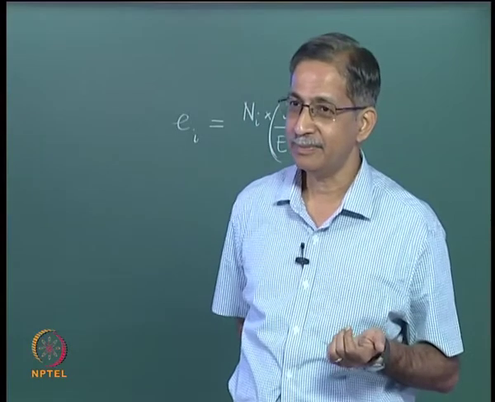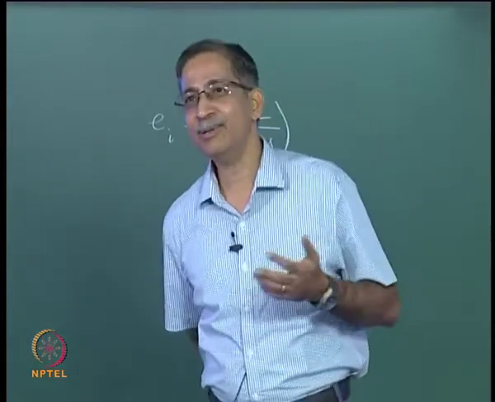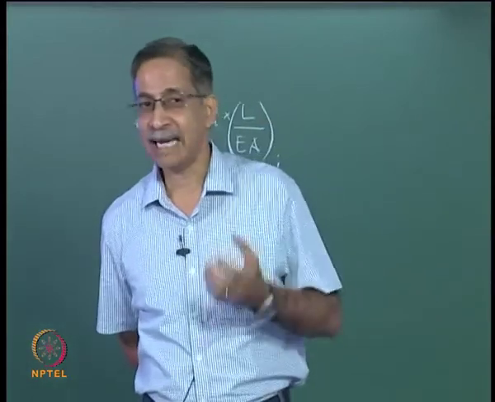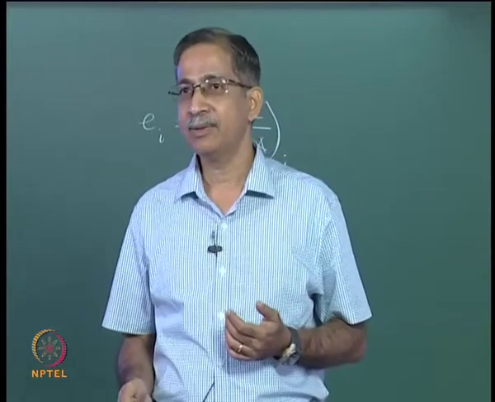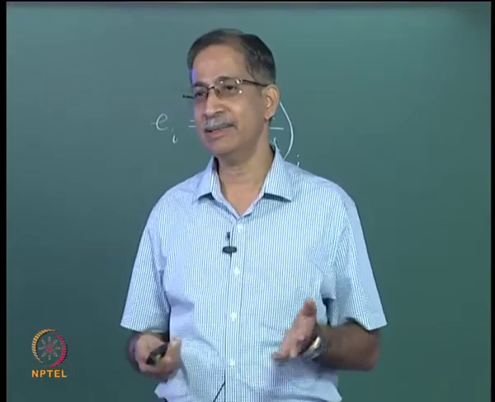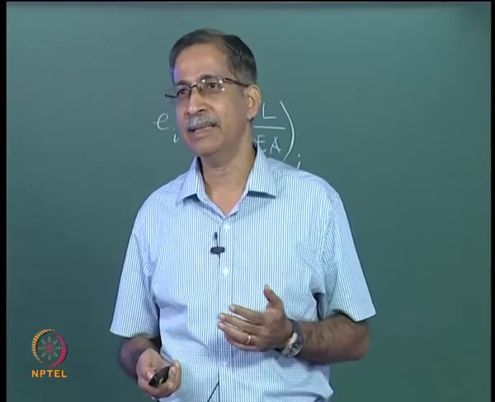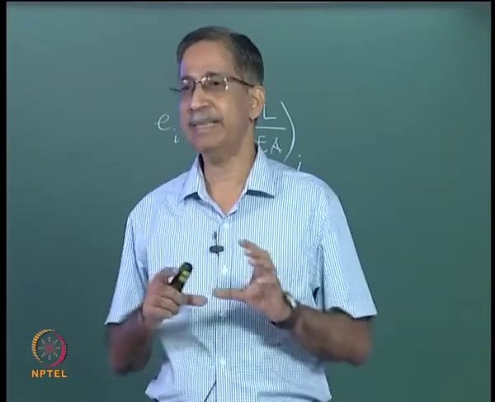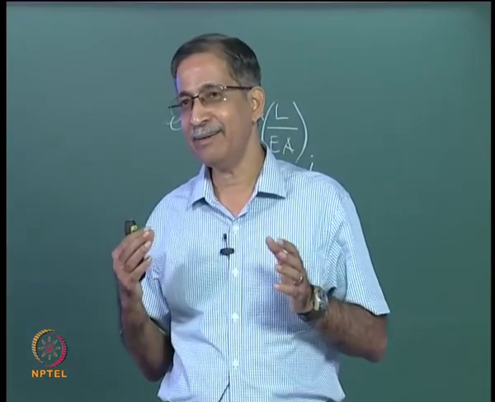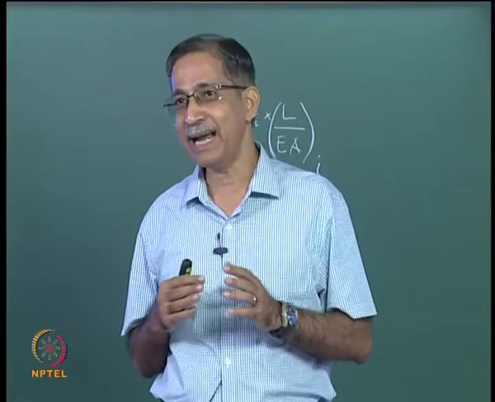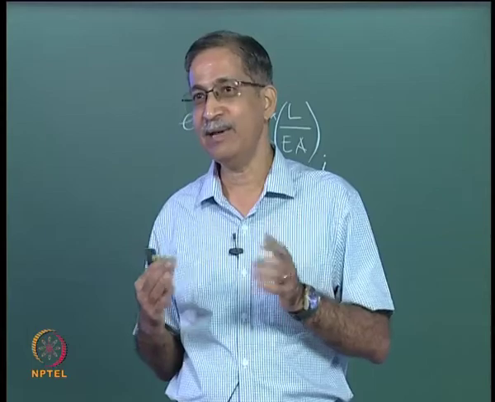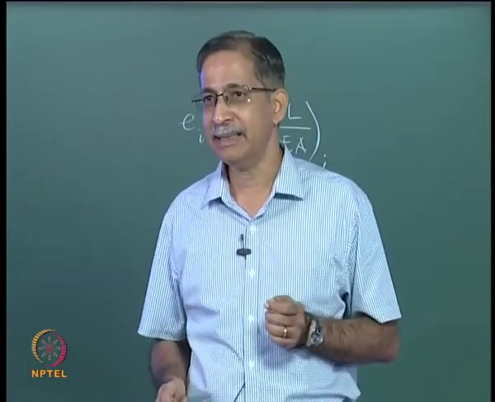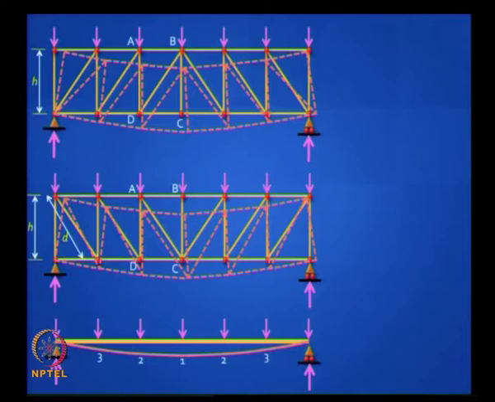Why? Tension. That's right, because then you have problems associated with buckling, the size of the member has to be larger and so on. So these are important points to note. The only difference between the two is the alignment of the diagonals. You see overall the truss deflects like a beam, and if your right brain is very good, you can actually see the contraction taking place in the top diagonals and the elongation taking place in the bottom diagonals.